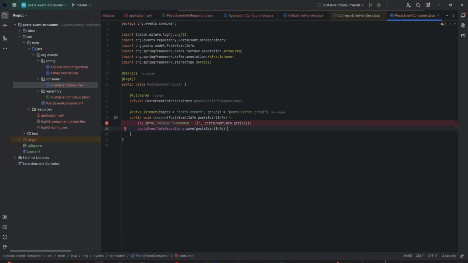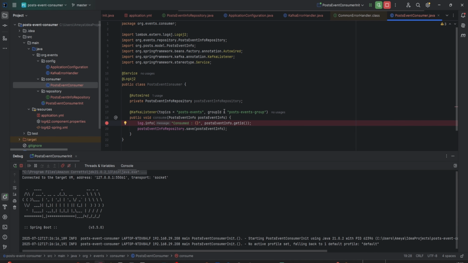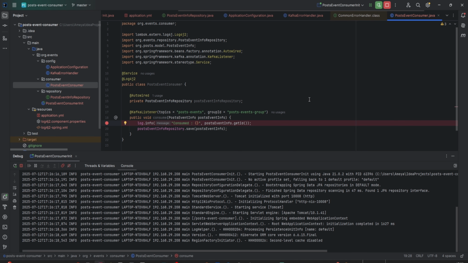This should save it in the database, and let's see. We start the event consumer in a debug mode,